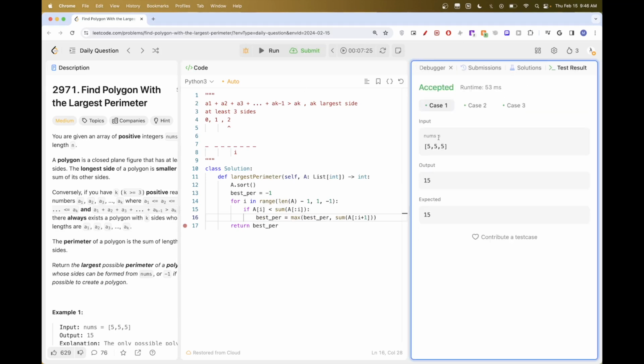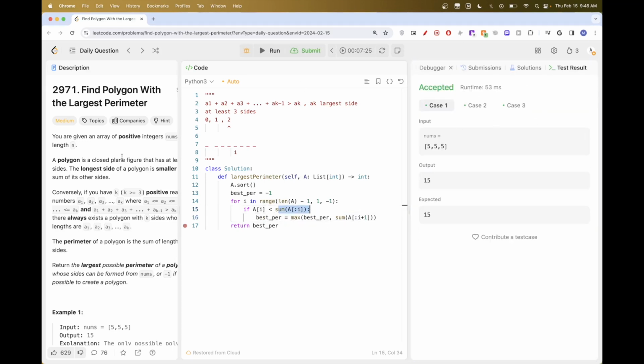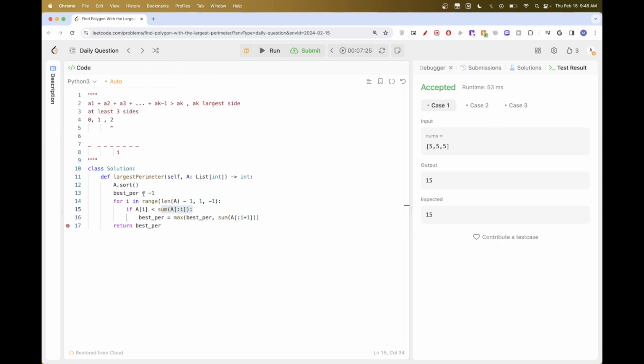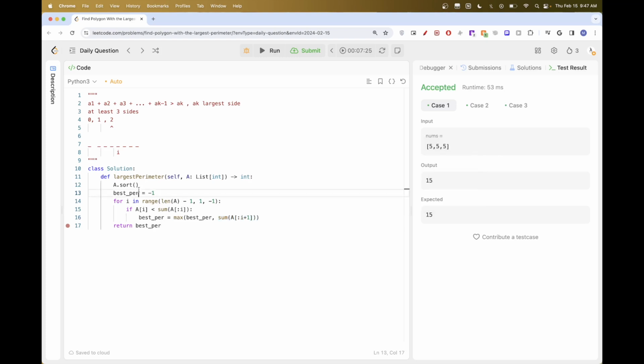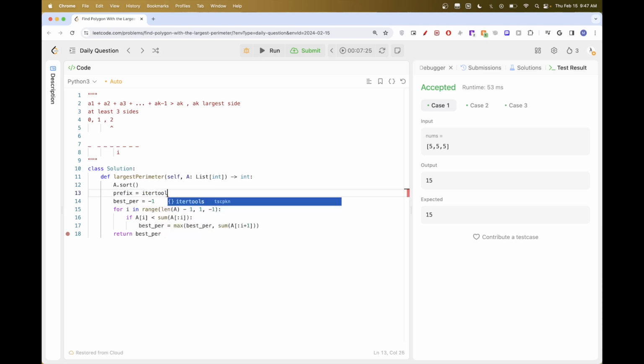And so this looks good, but this is very slow. So how do we optimize it? It will not pass with time limit exceeded. So what is the easiest way to make this efficient? Well, it's to actually use a prefix sum. So we can calculate a prefix sum here. Now in Python, it's really easy. If you prefer, you can use a loop, but I'll just do the simplest solution, which is just using iterator's